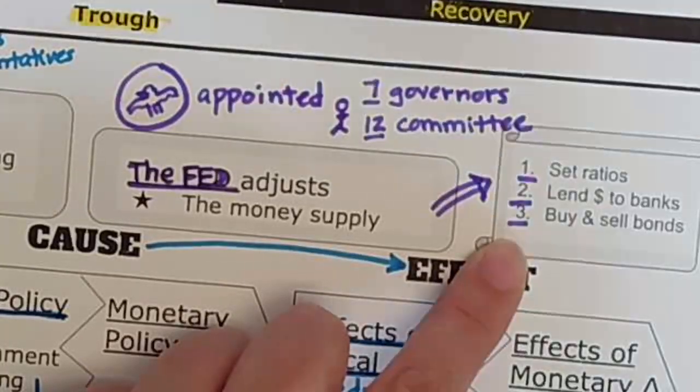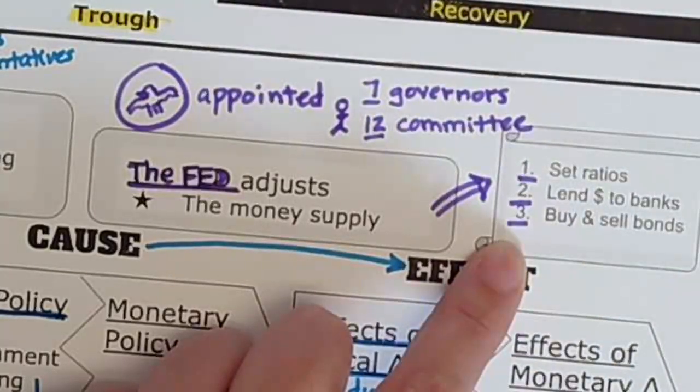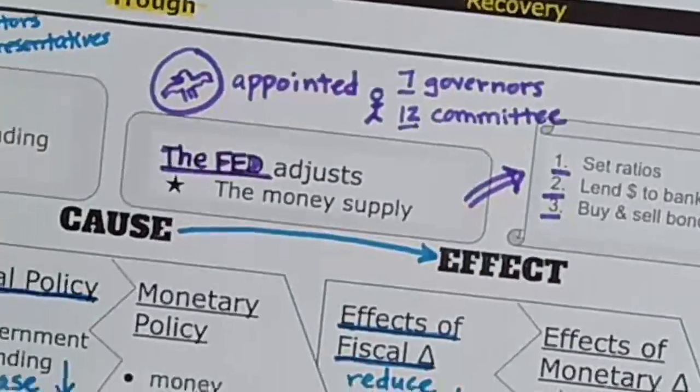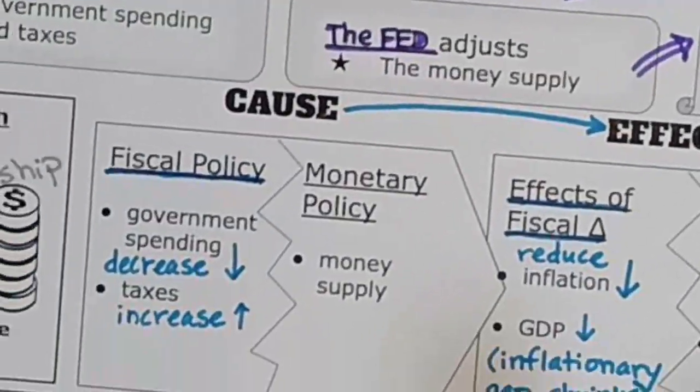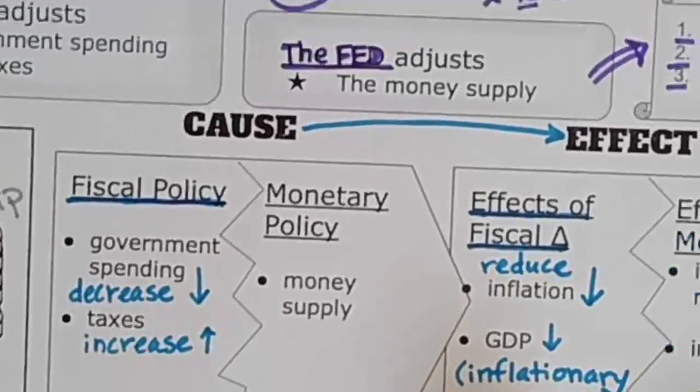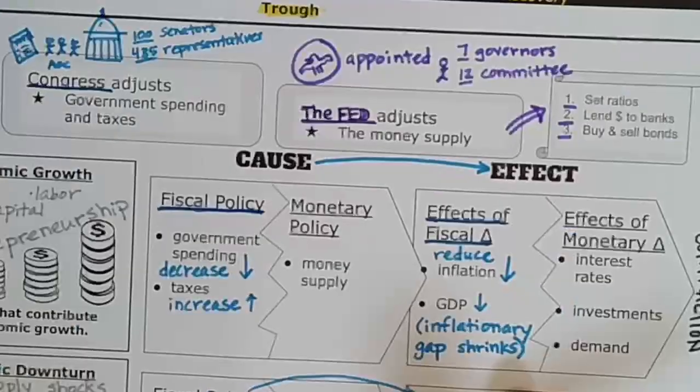Like, people are just waiting for the Fed to change the interest rates. I'm always watching, when is the Fed going to change the interest rates? Because I want them to go down so I can refinance my huge house loan. Okay. Let me zoom out just a little bit.